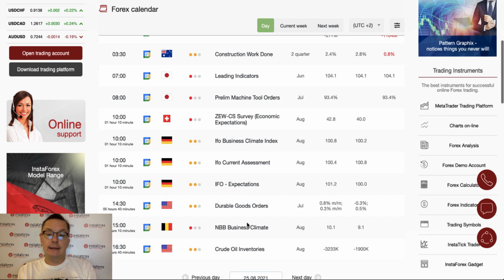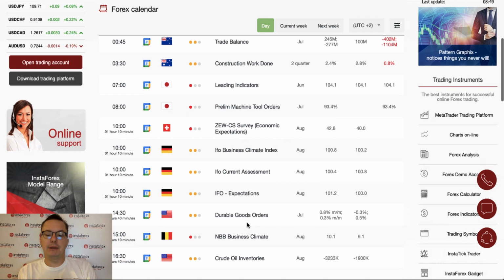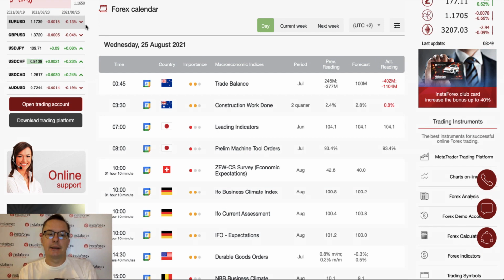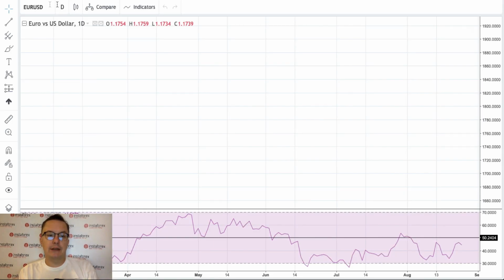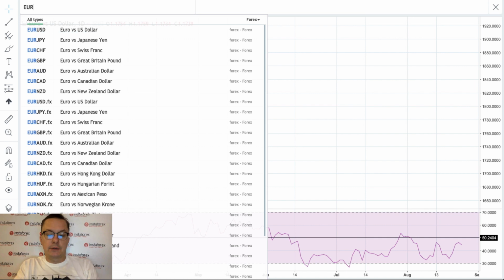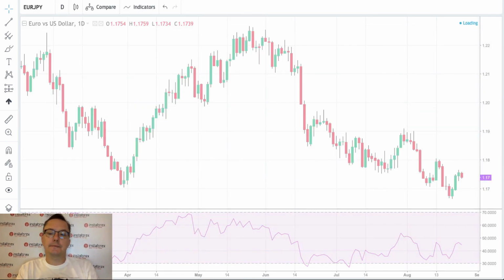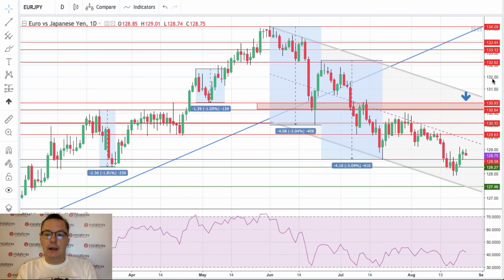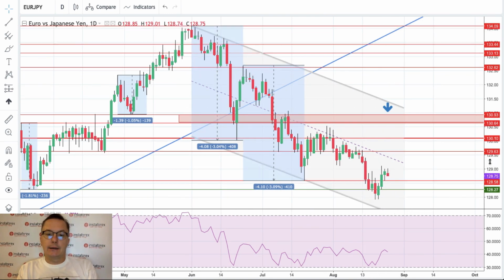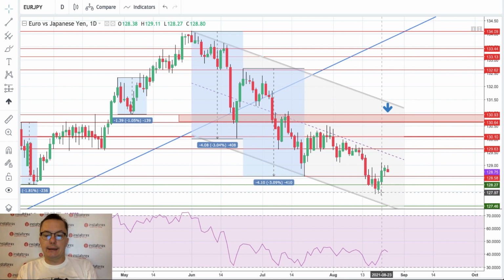Not too much data is going to be released today, but some of it might be a potential trigger for the market. So let's take a look at them. The first one I would like to take a look at is of course the euro to the Japanese yen. As you can see here, we got some movement back to the downside on the euro to the yen, and